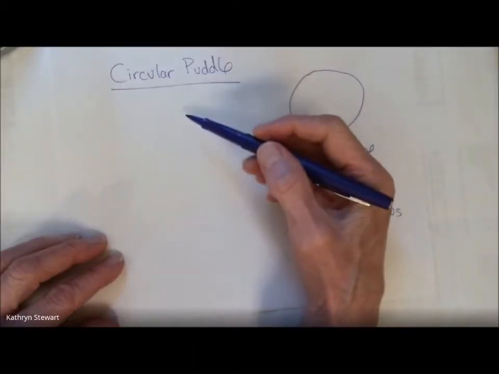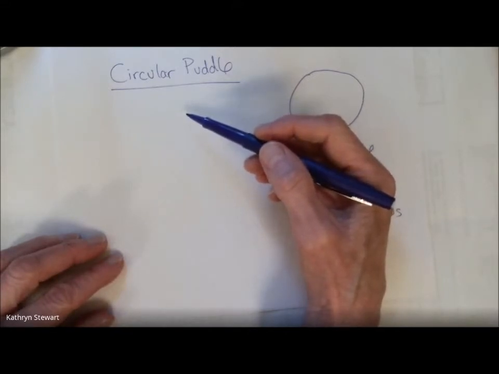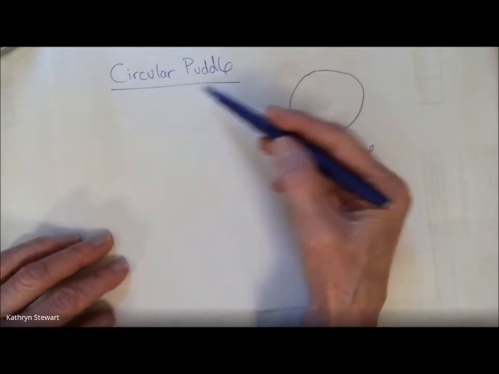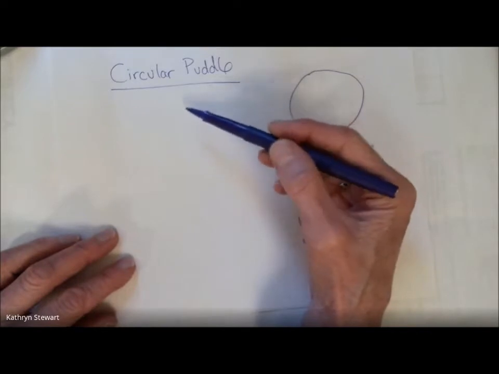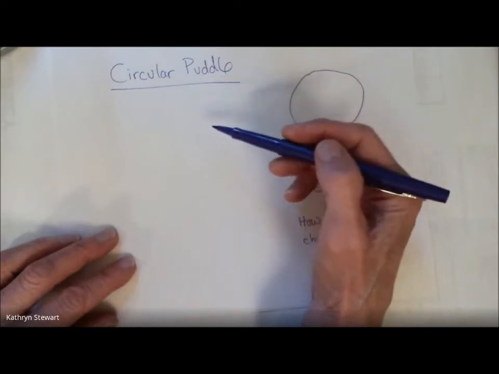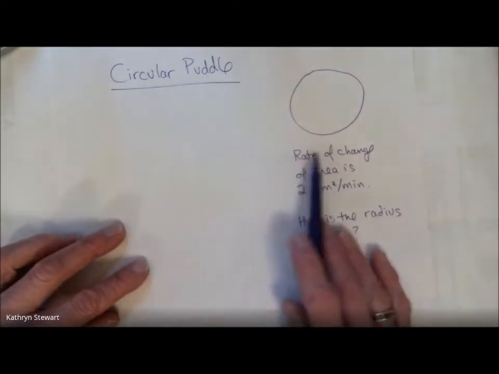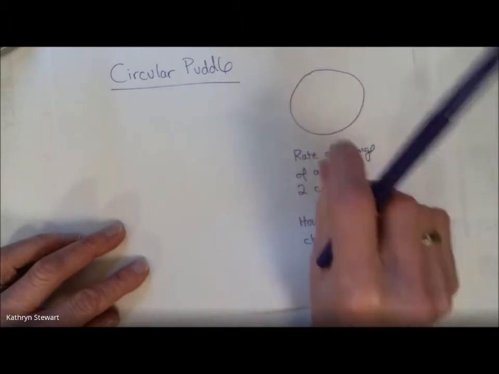I hope you just watched Mr. Haas's fabulous sneak peek about related rates. We're going to dive into the last example he gave, and that was of the circular puddle. So again, as he described, related rates problems look to see how different rates of change are related to each other. So let's say we have a circular puddle, and it's perfectly circular, and we're not worrying about its depth